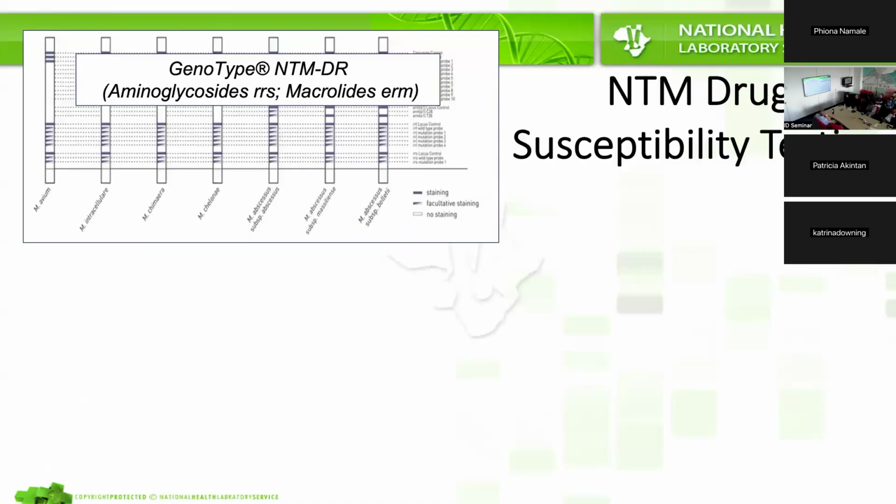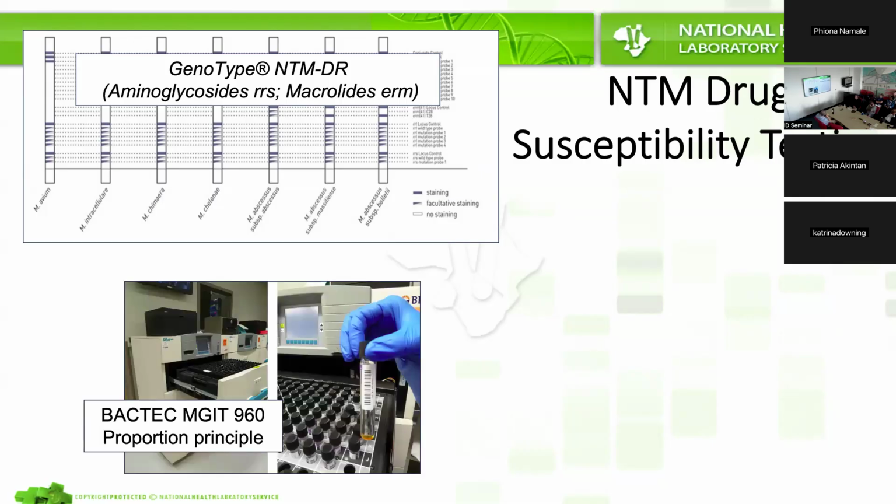So that is the NTM DRLPA I was talking about. That's the one done at the NICD when you send it up. It's only validated for certain few organisms and only for the macrolides and the aminoglycosides. But we know MAC is the most prominent NTM, and we need that, the macrolide, as the cornerstone drug there. Then we do the proportional method with the critical concentrations. The big caveat there is that we don't know what the critical concentration should be for NTMs. So we extrapolate again from the MTB complex. Like in most of these cases, we are extrapolating.